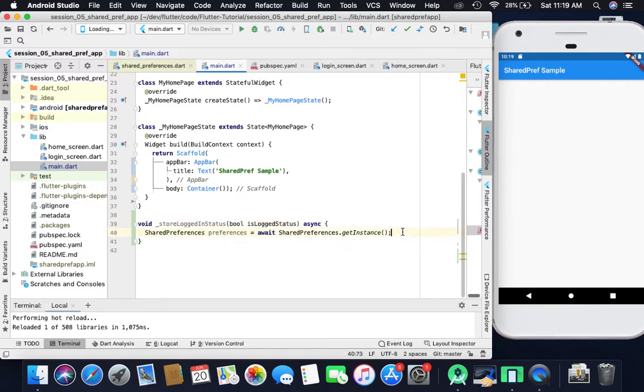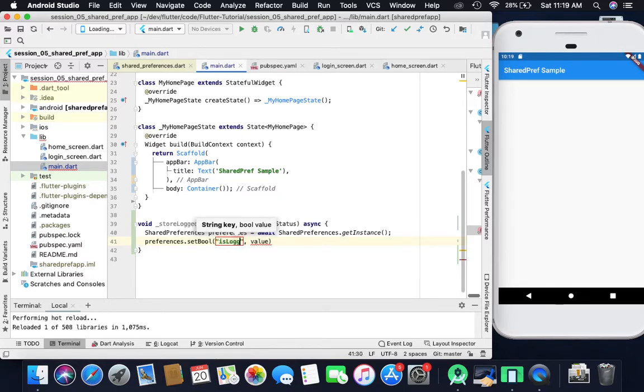To save the boolean status, we use setBool. It is asking for the key and value. I already told you shared preferences is a key-value pair kind of relationship. The key can be anything you want.